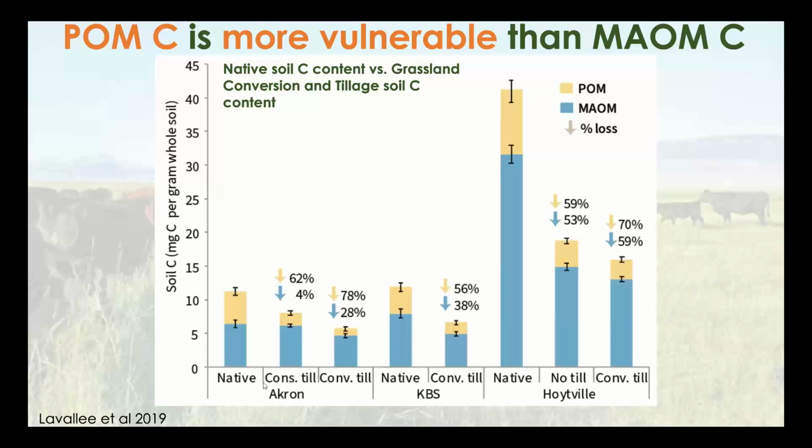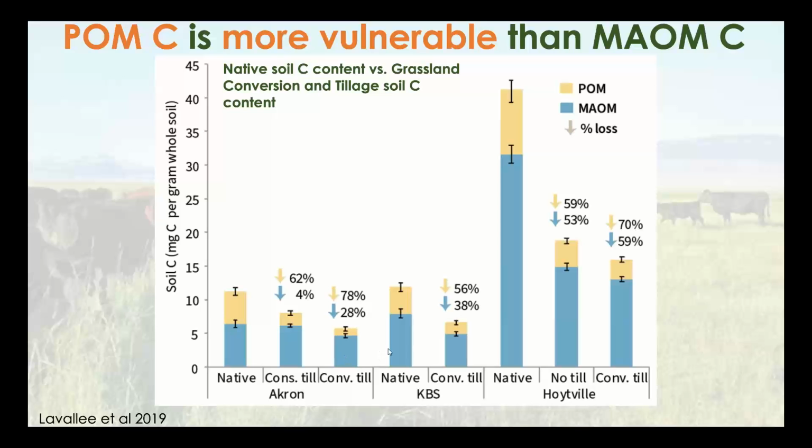The different colors are the different carbon contents stored in POM, shown in yellow, and mineral-associated organic matter, shown in blue. And this graph is showing native soil carbon stocks in each of these areas and comparing that to different management practices, so conservation tillage and conventional tillage,